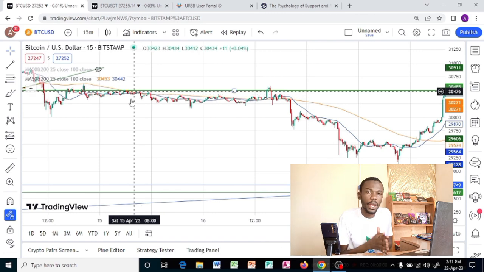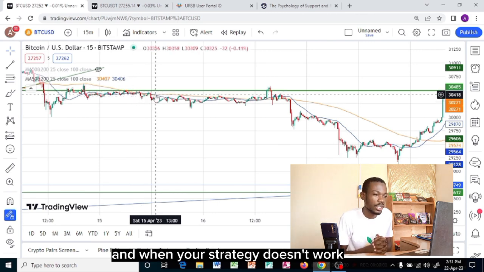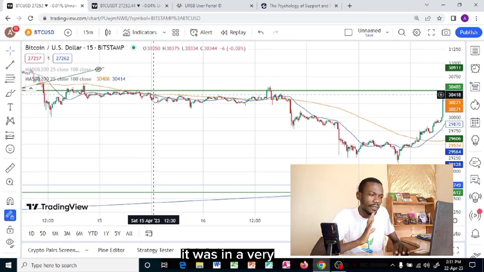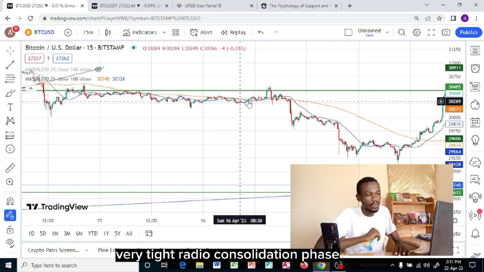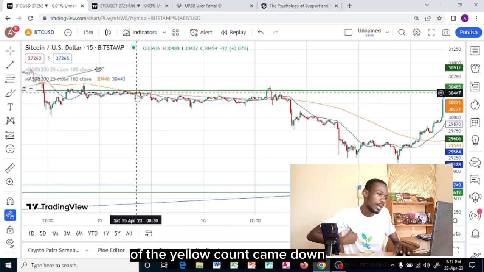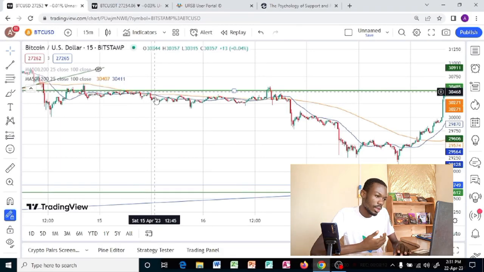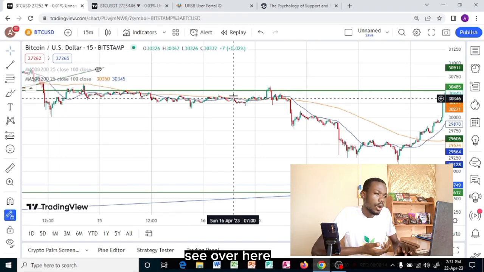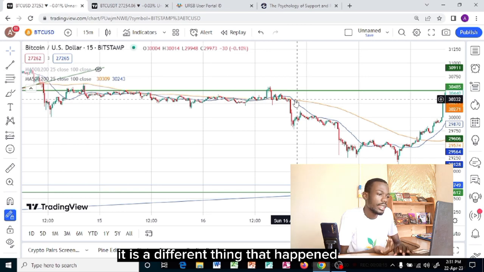You should know when your strategy works and when your strategy doesn't work. Now for example, this one was in a very tight range or consolidation phase. You can see that the blue went up and the yellow came down. Now you are supposed to do what? You are supposed to buy,